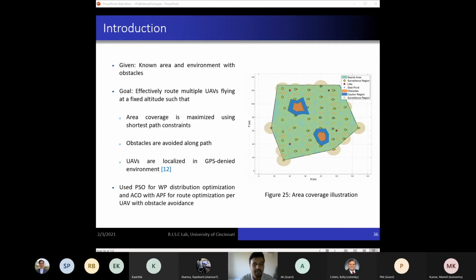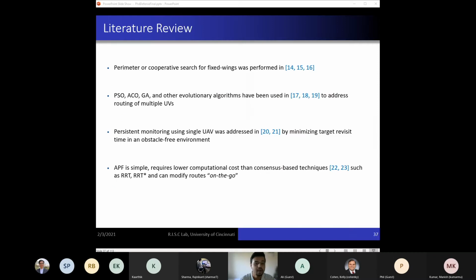The waypoint distribution is achieved through a novel particle swarm optimization, especially the initialization of the PSO. The routing problem is addressed using ant colony optimization. The obstacle avoidance is achieved using artificial potential field, or APF. Even though APF could be extended to address active collision avoidance, we saw that it severely slowed down the simulation, and hence the collision avoidance was left out during the implementation, as it was causing implementation issues.